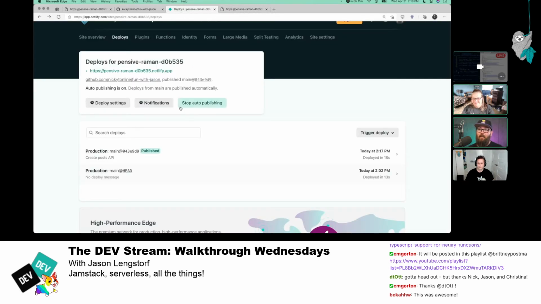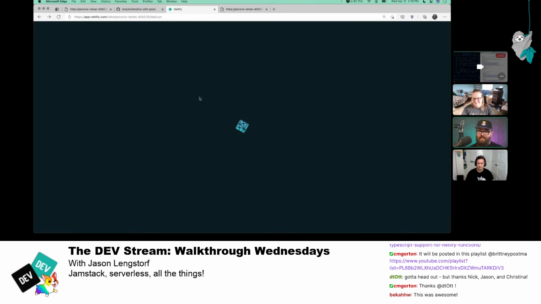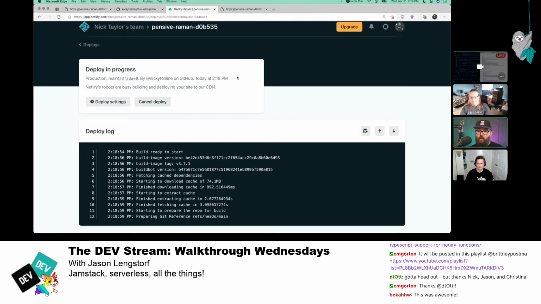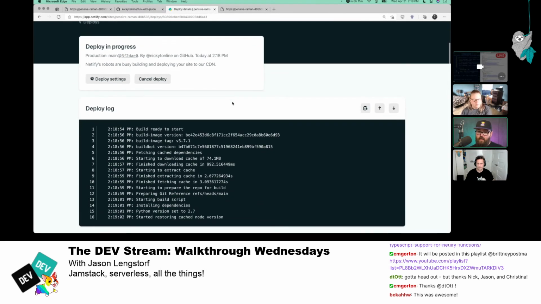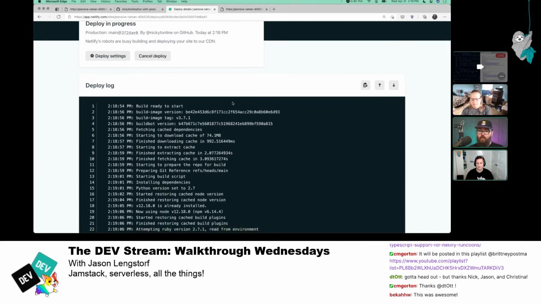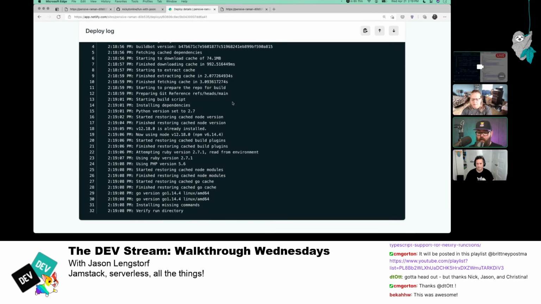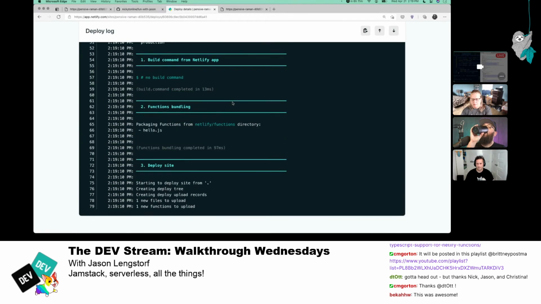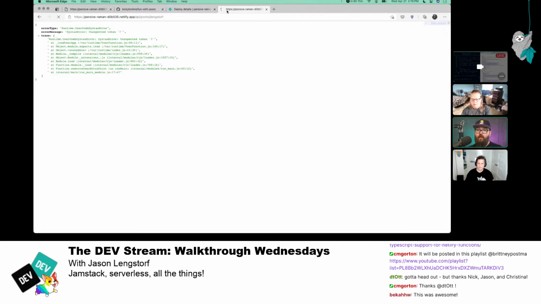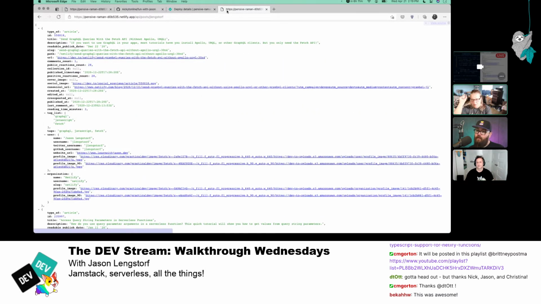But here's the part that's exciting: it's going to build really fast. It should rebuild even faster this time because we'll have a cache. Each of those things will happen, and in a few seconds we'll be live. All right, we're done. Now if we refresh, nice. There's our stuff. We're live. So this is kind of the power of that whole model.